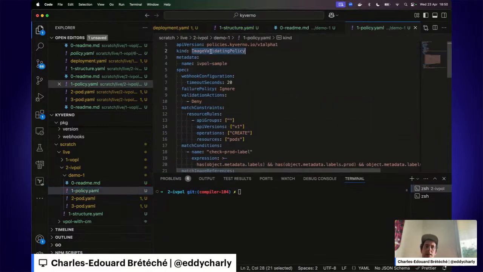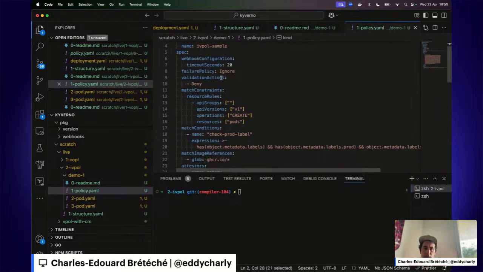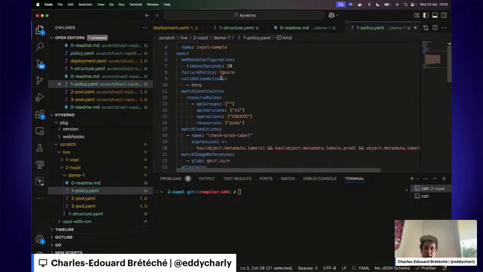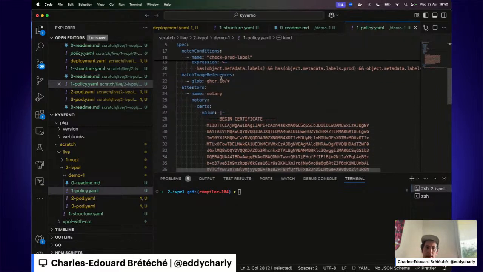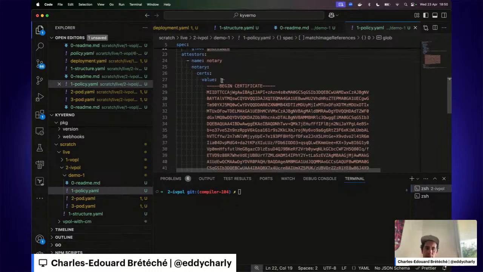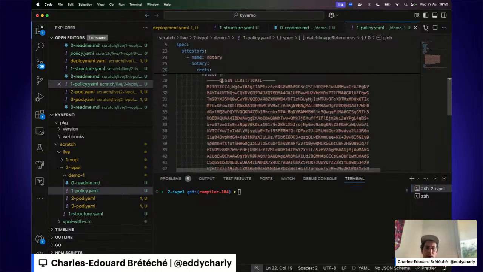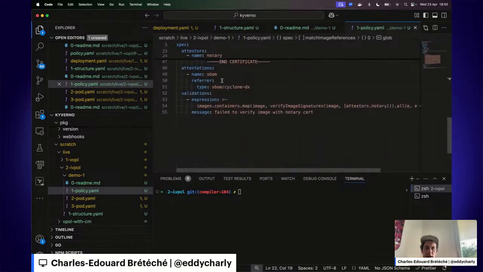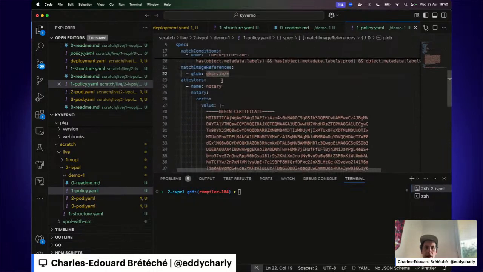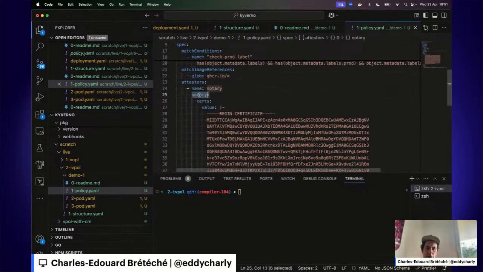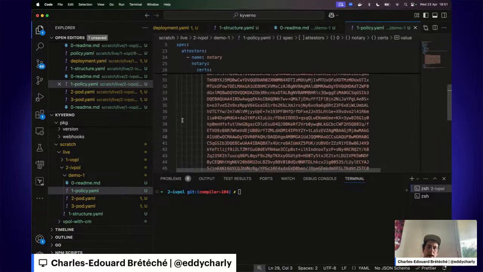It's denoted by the image validating policy kind. And this one will apply to all images starting with ghcr.io. And we will verify that those images are signed by notary with a certificate added here.